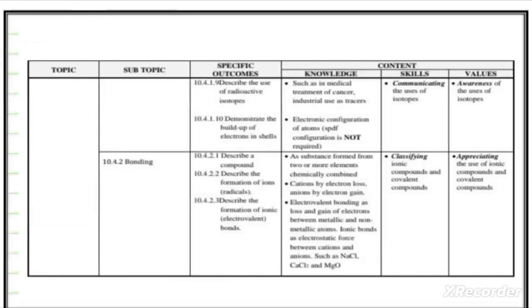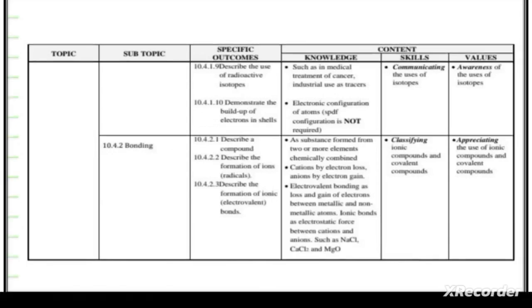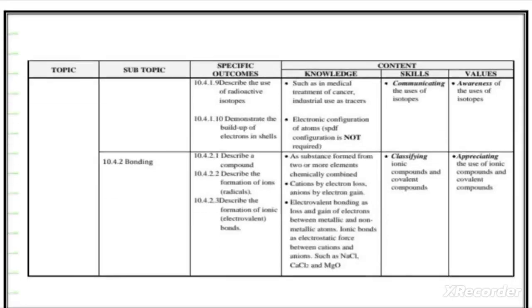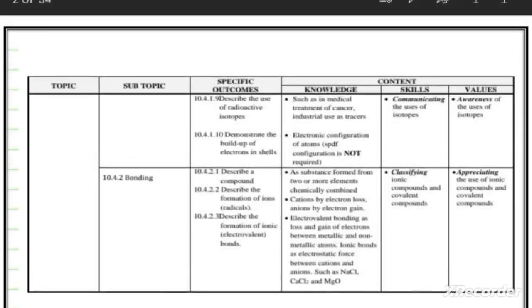Bonding. So our main focus in this video will be on bonding. We are going to focus much on bonding. So we are going to start